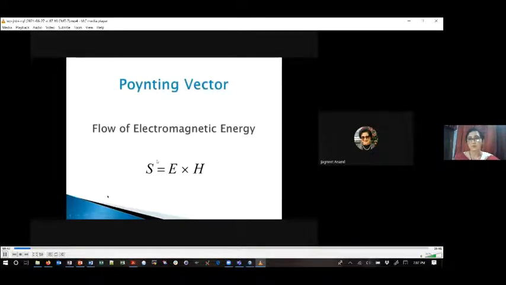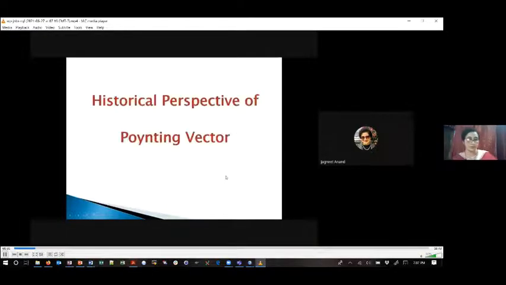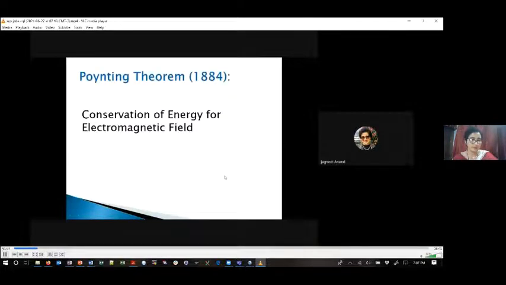Now, starting with what Poynting vector is. A Poynting vector deals with the flow of electromagnetic energy, and by definition it is given by vector S equal to the cross product of E and H. Now, going to the historical perspective of Poynting vector. The Poynting theorem was given by Poynting in 1884, and it deals with the conservation of energy for the electromagnetic